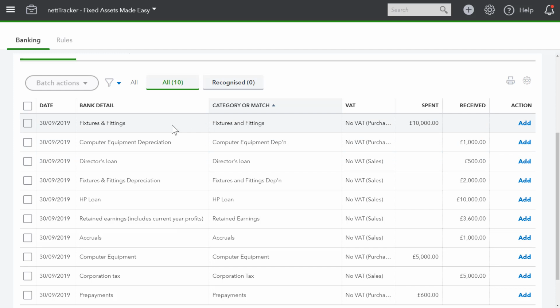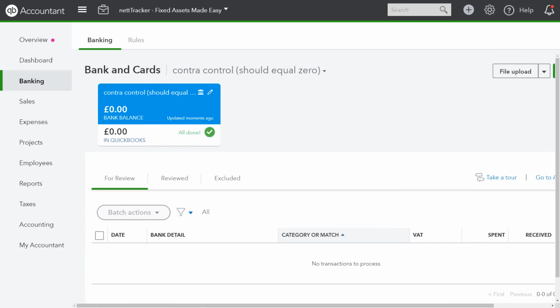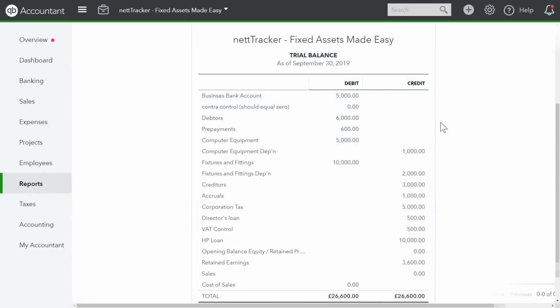So the bank detail, fixture fittings is going to fixture fittings. Computer equipment depreciation is going to computer equipment depreciation, and so on. Once you've entered all of the bank transactions from the bank import, the balance on your Contra Control will be 0. Now when I run my trial balance at my year end of 30th of September here is exactly as